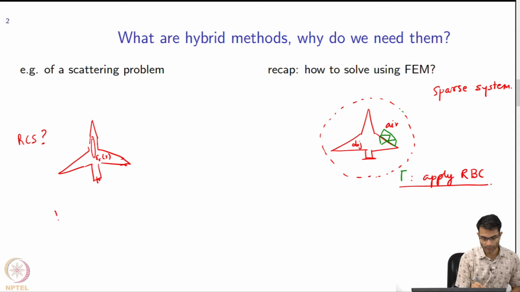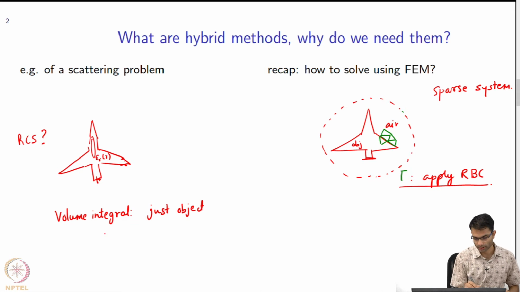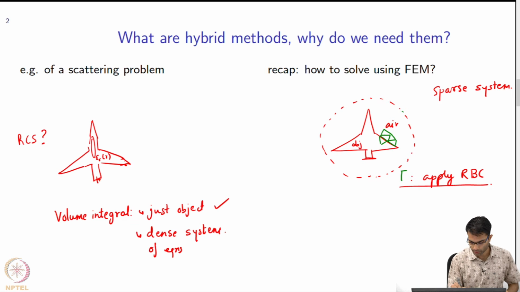And remember the problem with volume integral was, so in volume integral what would be the boundary that I have to choose? Just the aircraft, right? So it's just the object, but the problem is a dense system of equations. So this is a plus point and this is a negative point, dense system of equations. So you will find that this becomes impractically difficult to solve,